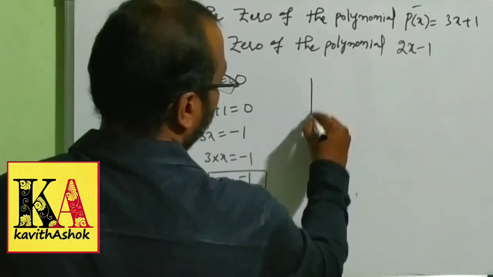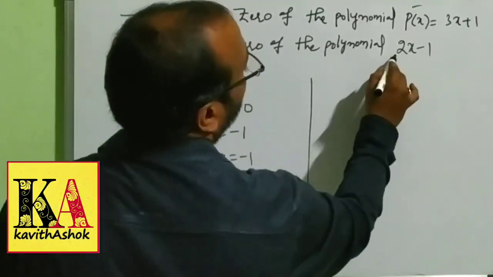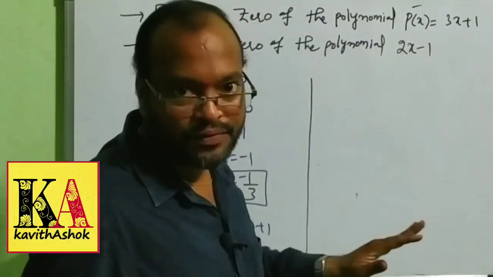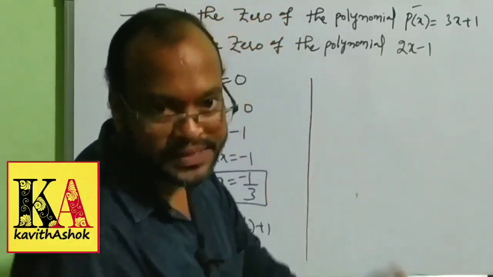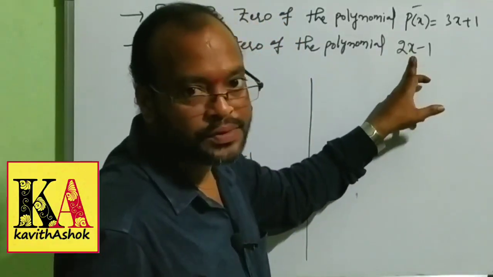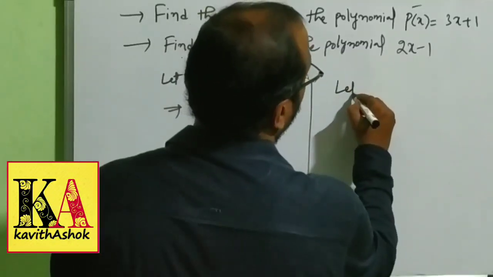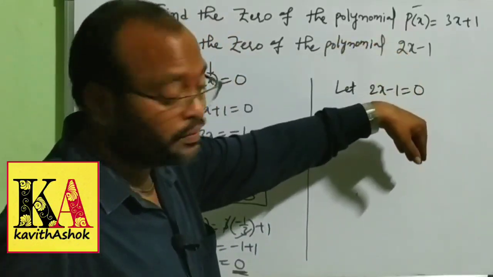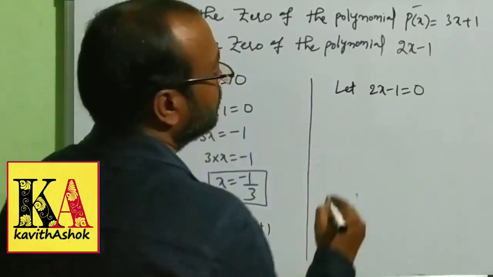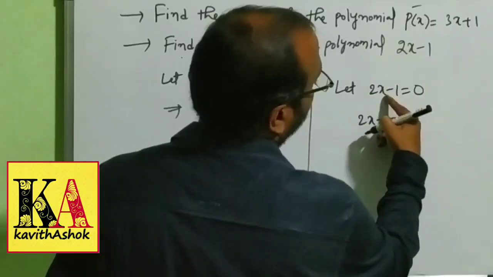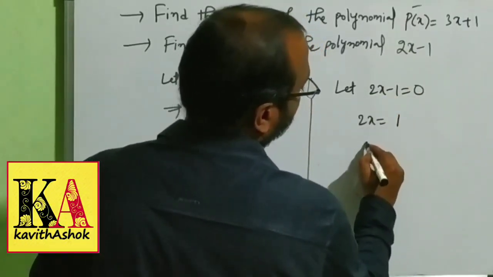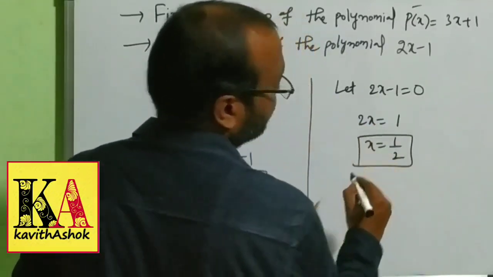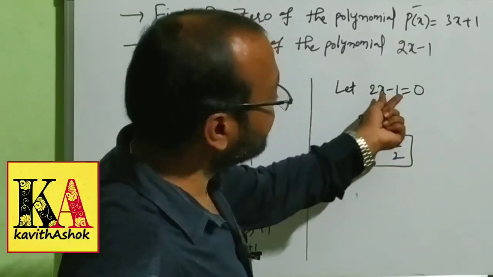In the same manner, find the 0 of the polynomial 2x minus 1. So here p of x is given, 2x minus 1. No problem for that here. This polynomial will become 0 by substituting the x value. So that's why first let 2x minus 1 is equal to 0. We are taking that the value will become 0. Now we will calculate what is the x. So 2x is equal to minus 1. It becomes plus 1 here. So x is equal to 1, this 2 goes to the right side. It becomes 1 by 2. So by substituting this value of 1 by 2 in this equation, then it will become 0.